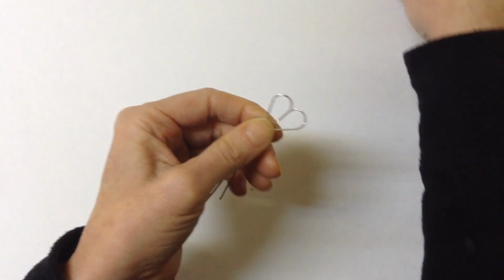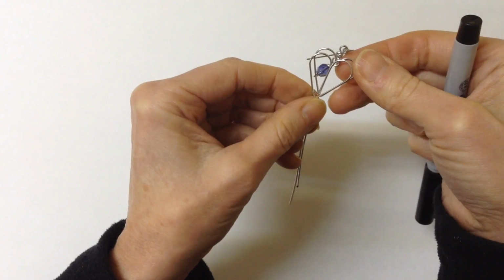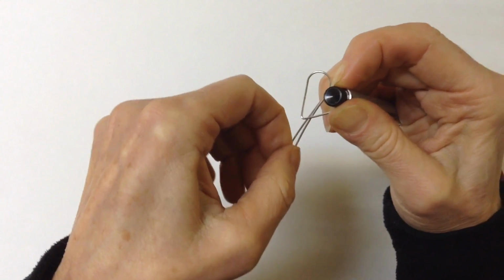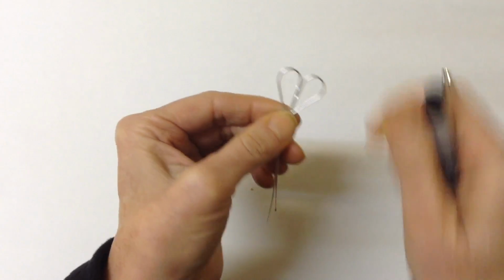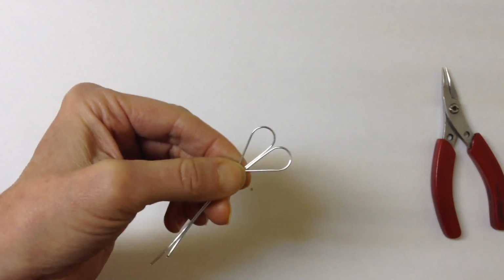And you can adjust it, and then if you want to compare it to make sure it's the same size, you might see you have to do it a little bigger or smaller. So you're going to do your basic heart shape. This end needs to be a little higher. And then once you've got it the perfect size, you'll hold it like that,